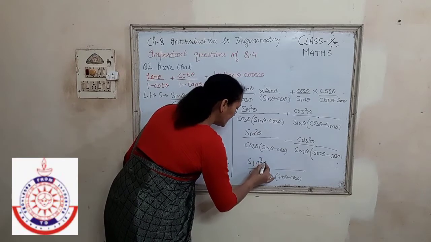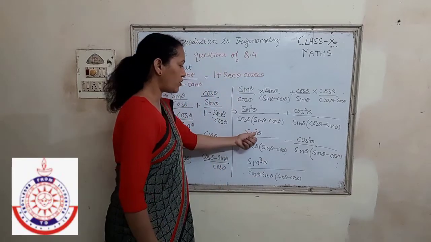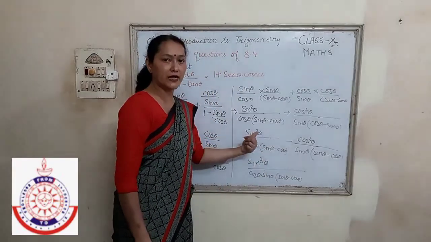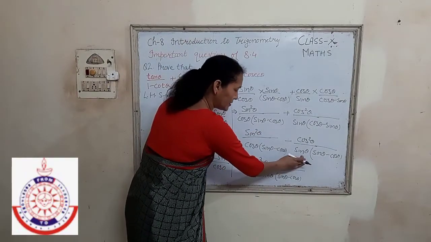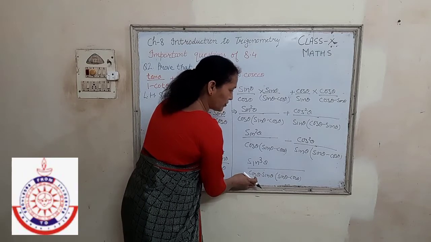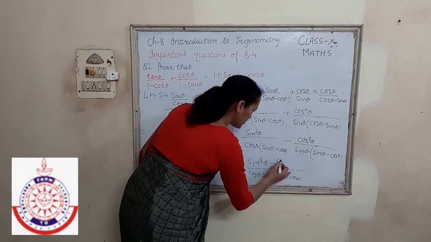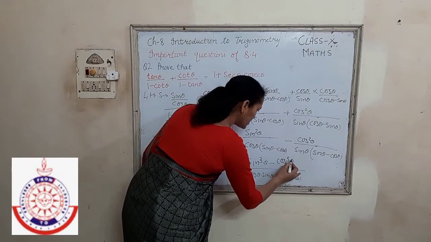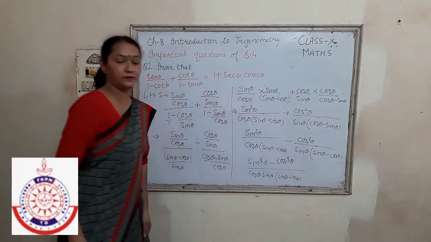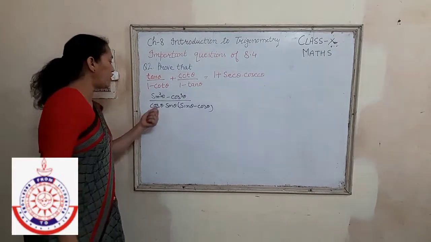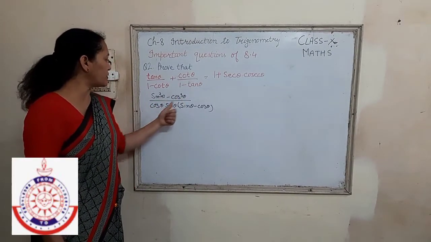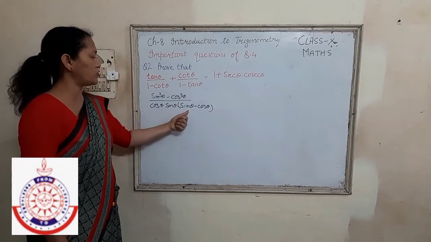So we will be having sin cube theta. Square was already there. We have multiplied by one more sin. So it became sin cube. Here LCM and this denominator, cos is extra. This cos will get multiplied. So we will be having cos cube theta. So as we have got sin cube theta minus cos cube theta upon cos theta sin theta into sin theta